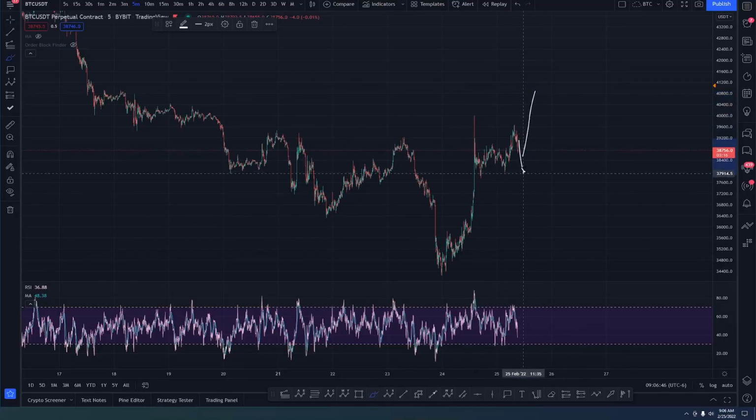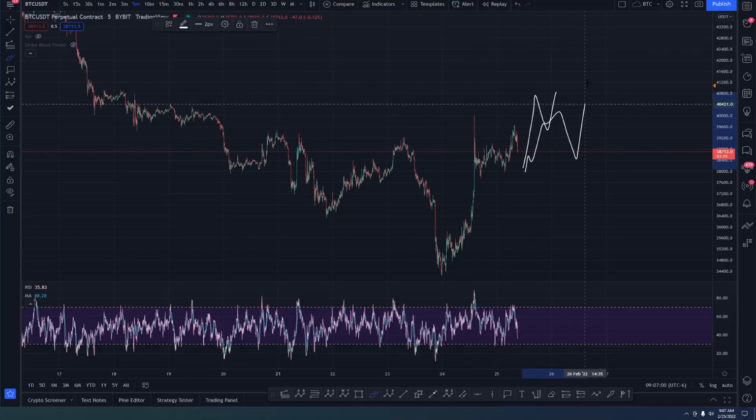So I'm going to see this wave come down here, maybe take out that liquidity, and then pop back up to create a 5th wave move. The other possibility is that this could be wave 4 of wave 3. We spike up, come back down, spike up again, and that would be the end of the 5th wave.